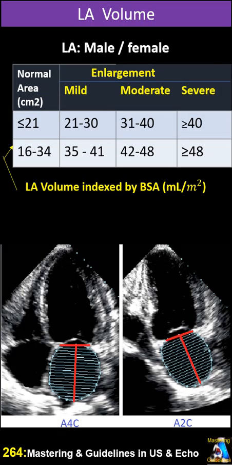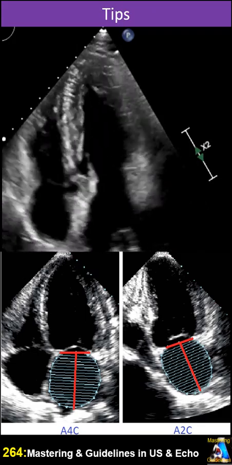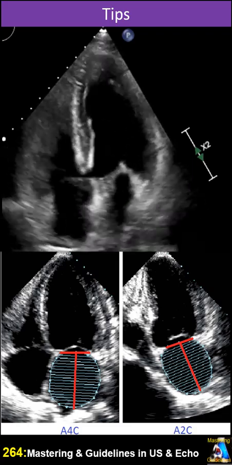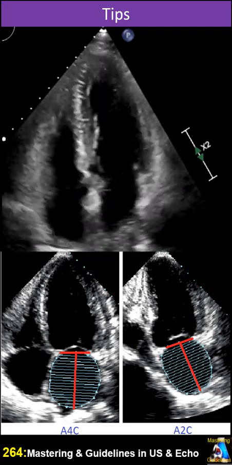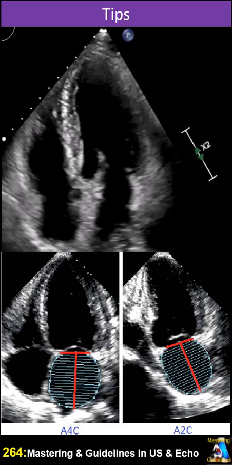Here we have left atrial volume. Top row is area, and the bottom is LA volume index. That is based on the body surface area. When you are going to measure LA volume and index on apical 4 and 2, with twisting and fanning at